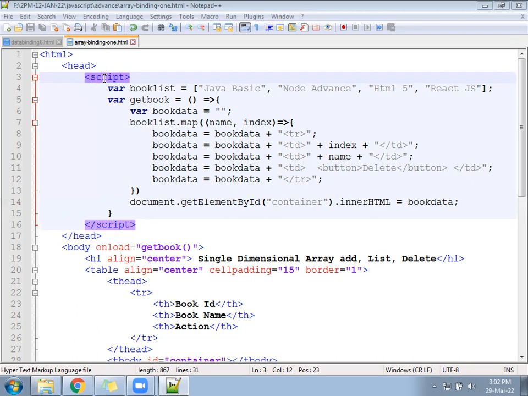Now send your HTML code, body to body. Okay.